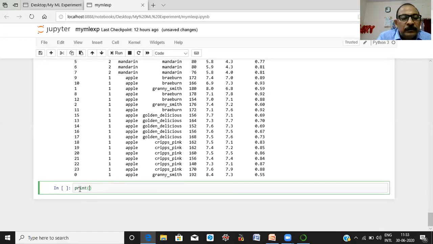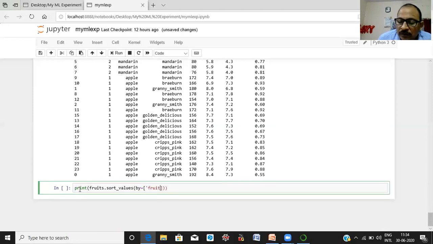print your data frame name, fruits dot sort values by fruit.